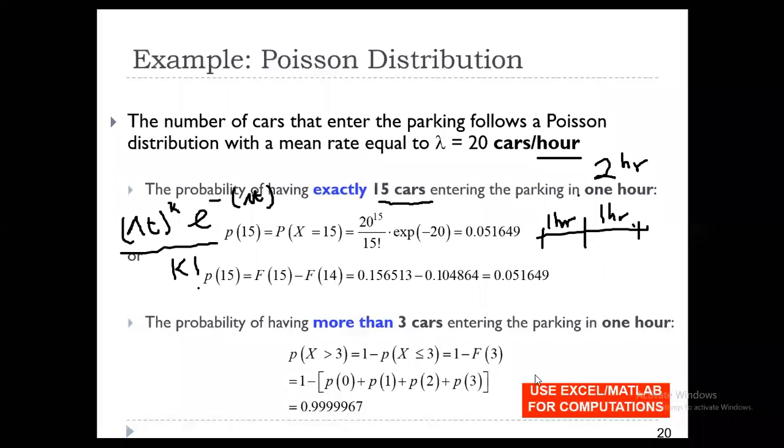Yeah, okay. So we have some more notes. It says for a Poisson process,